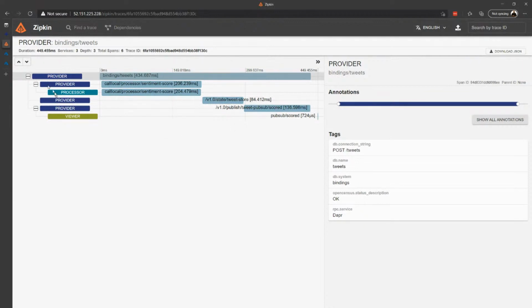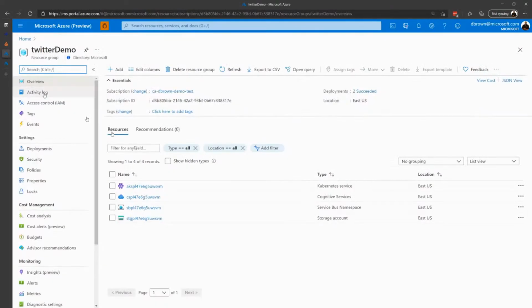To show you what this looks like in the cloud even further, if you come over here, this is the resource group that I spun up that hosts all the information that we need to host this in the cloud. Here I have the Kubernetes cluster, which is where all the pods are actually running. And I'm going to show you a pod and the Dapr sidecar right next to it. Here we have Cognitive Services. This is where we're sending the text of the tweet so that it gets graded for us and scored and then brought back down to our processor microservice.